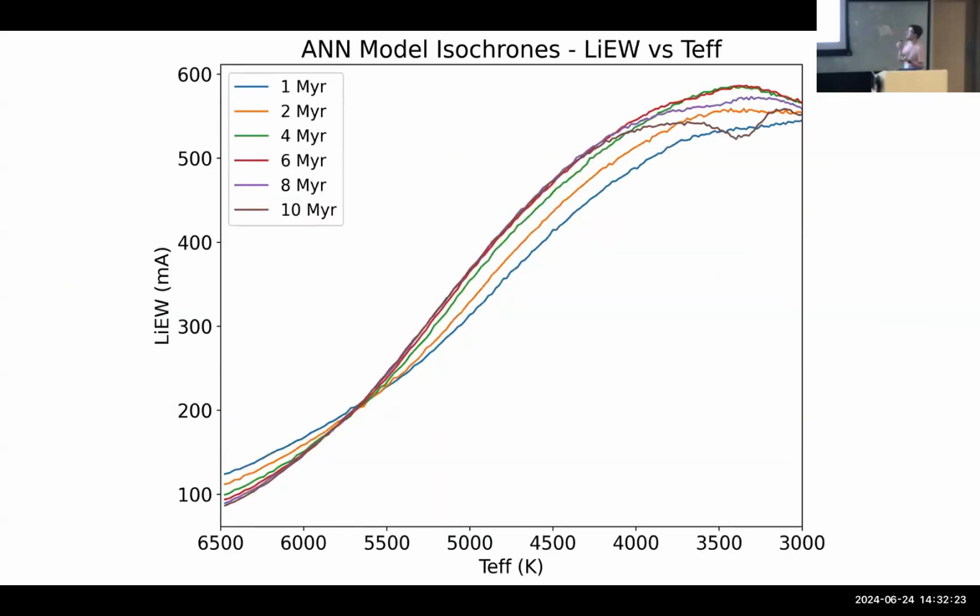So here we've got just our isochrones between about 1 and 10 megayears. And what we see at this point is that from 1 to around 6 megayears, we're actually increasing in equivalent width in the isochrones. So the average equivalent width of our data is increasing. And then at that point, lithium depletion starts. That's our brown isochrone there, just starting to move into the lithium dip.